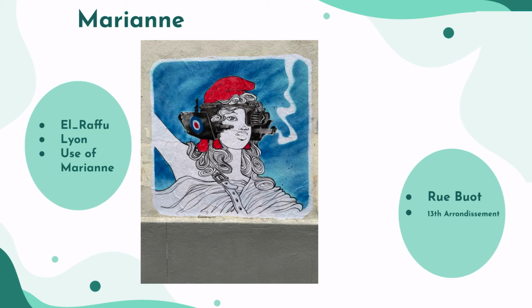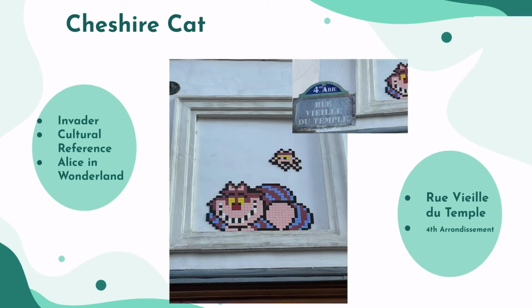a historical reference. So by going to the 4th arrondissement, specifically in the Marais region on Rue Vieille du Temple, we're going to be able to see this piece by The Invader. Now, as stated in my previous tour about the first strategy, which was codifying a logo, Invader is one of the most important and most notorious French street artists in the world. He's one of the first street artists to have sent a piece of street art to space. And amongst other achievements, he also has 1,500 pieces in only Paris, and this is